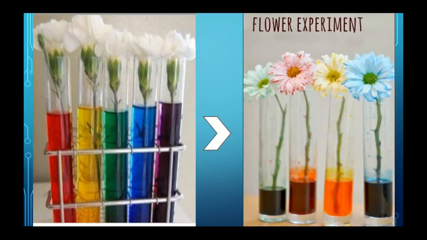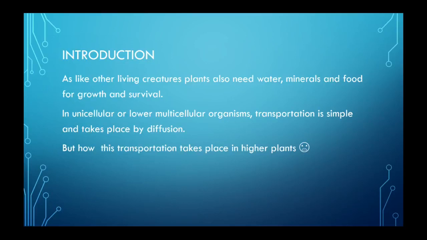It means that some spots are observed, or some patches are identified. And why are the spots there? It's because you put these flowers in the test tube with colored water. It means something is responsible for transporting this water to the upper part, or to the floral axis, or to the flower. Okay, so now we get an idea that this chapter is about transportation of water. It means we are going to discuss how this water gets transported. So let us start with the introduction.